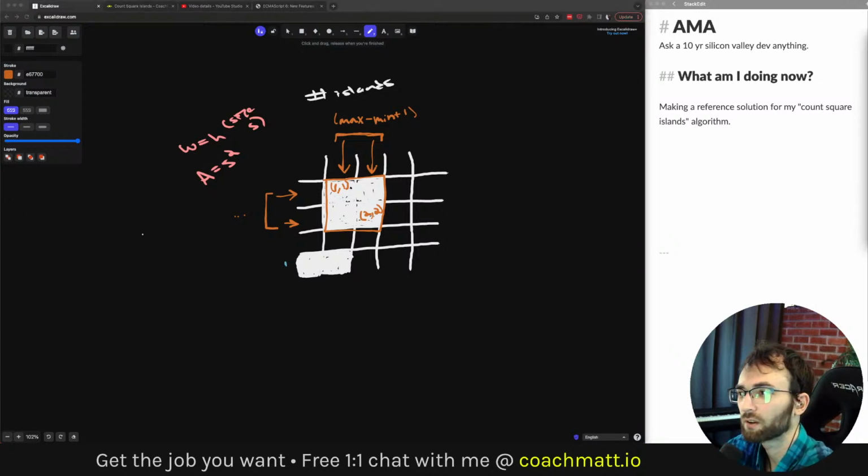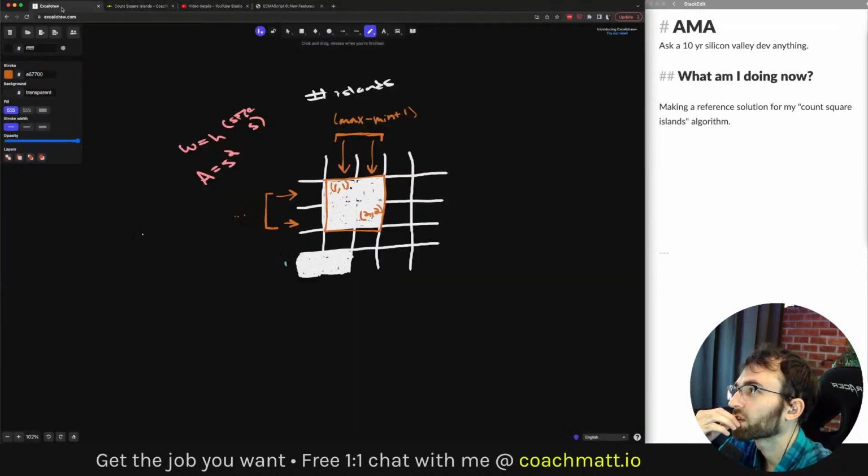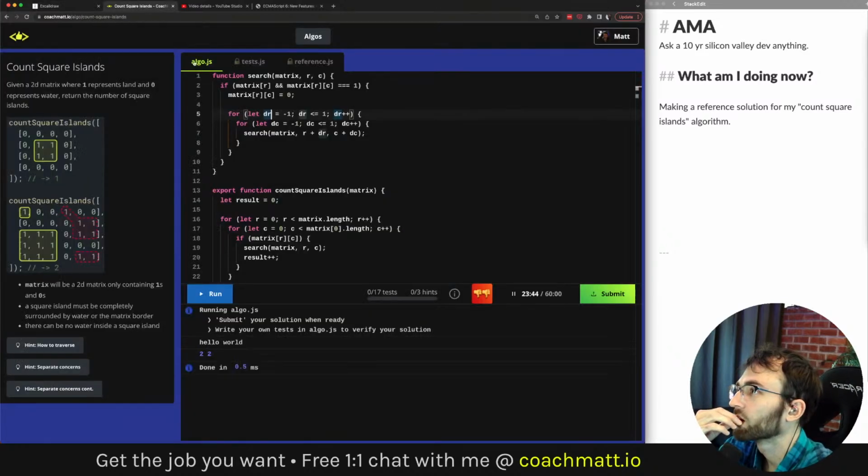So yeah, we're going over finding the number of islands, where we have a working solution. It's a really common interview problem, and we're adapting that to find the number of square islands. What I'm going over right now is some ways that you can help your thought process along if you find you're getting stuck or slowing down. That's to make sure you know your tools, maybe draw things out. Comments can be really great.